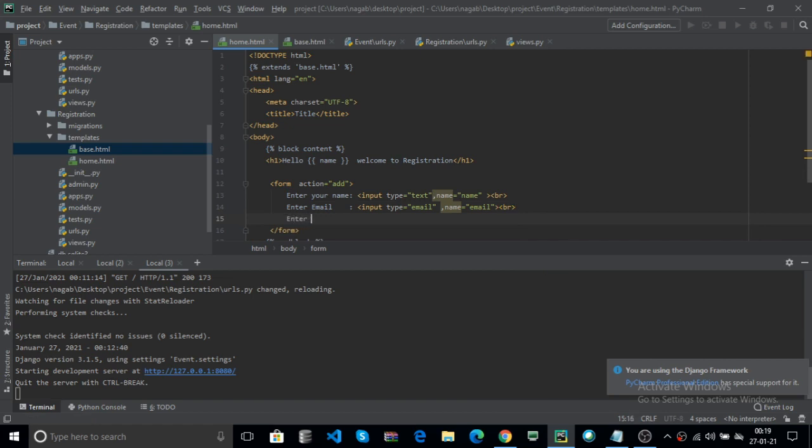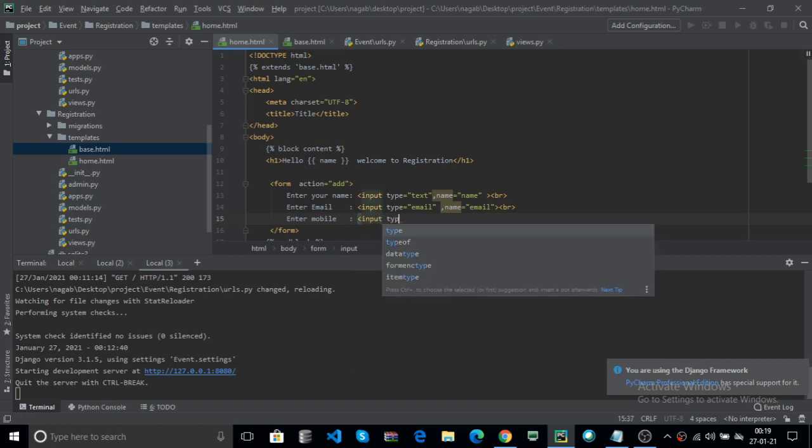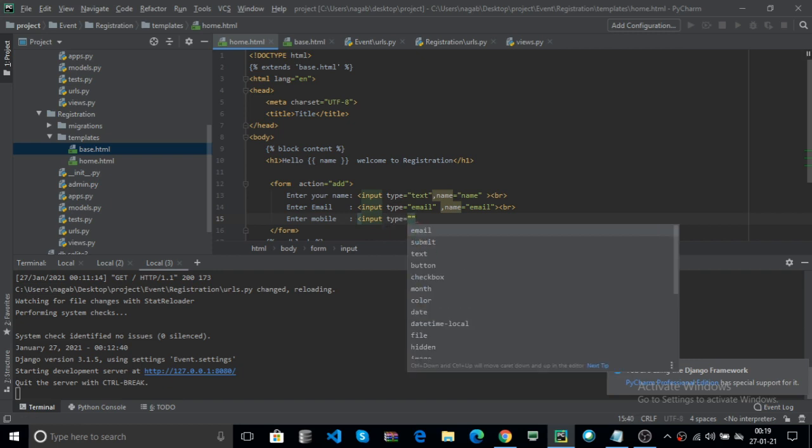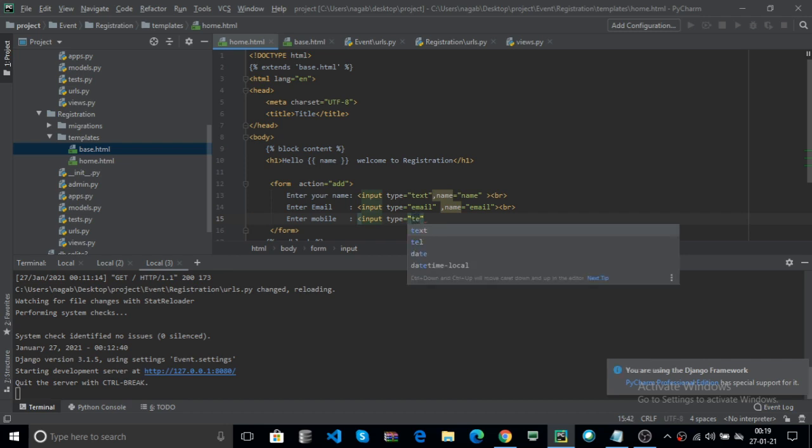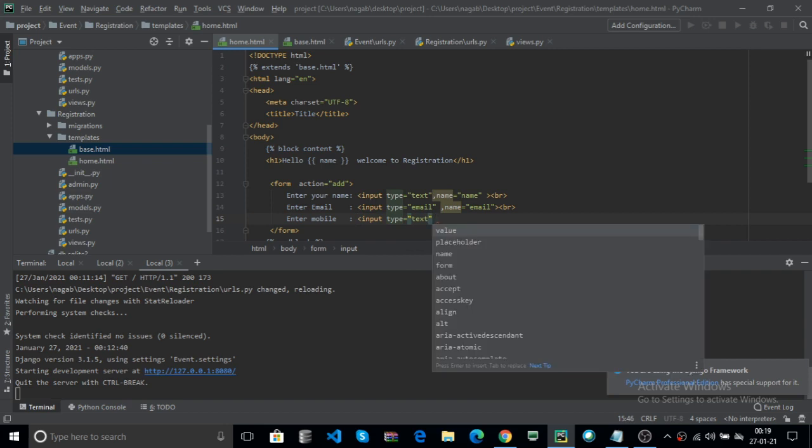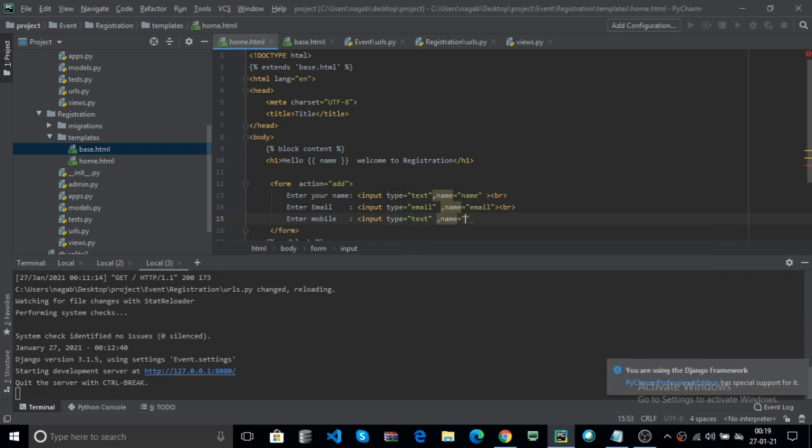Now enter mobile number, input, for example type equal to text, name equal to, for example, mobile. Here you can use the break.